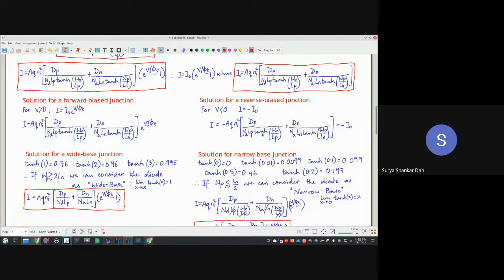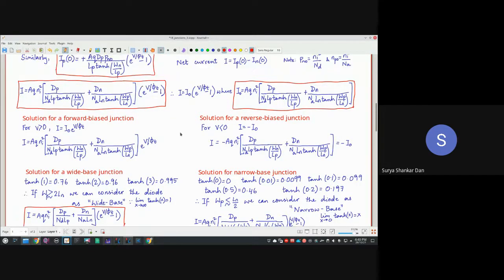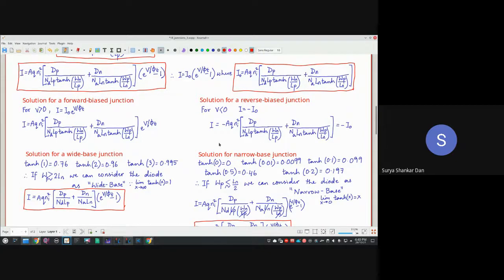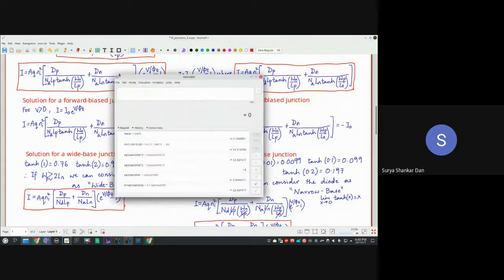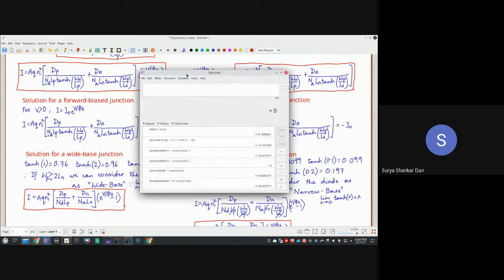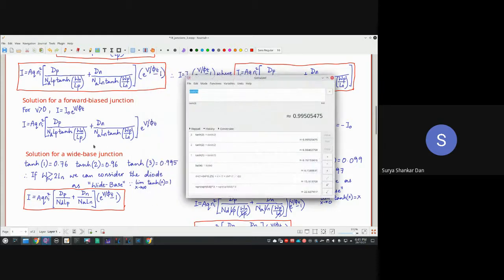Okay. Solution for the wide base junction. देखो, I'll open this up. This is a calculator. Okay. So there is one tan hyperbolic, right? So tan hyperbolic 1.76 to 0.96 3.995. So what we realize is the moment Wn by Lp, as well as this here Wn by Lp and